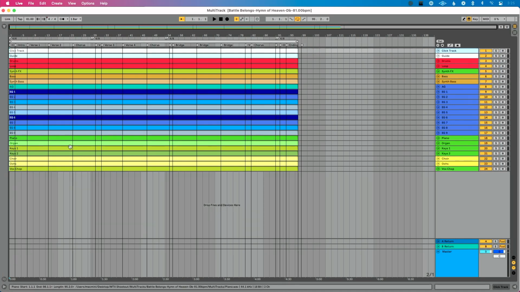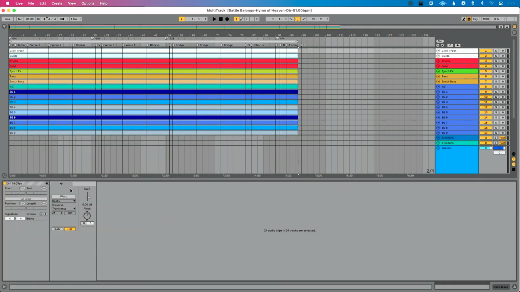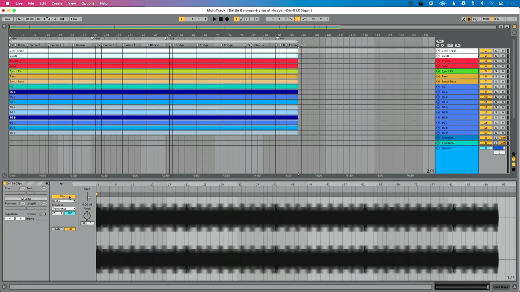So first thing I'm going to do is I'm going to select all of my tracks. I'm going to select the bottom one, hold shift, select the top one, and I'm going to enable warp. And that is maybe a slightly controversial thing. Some people don't enable warp because they feel like it's going to mess with their CPU. And in theory, enabling warp could increase your CPU, but I never, ever once,